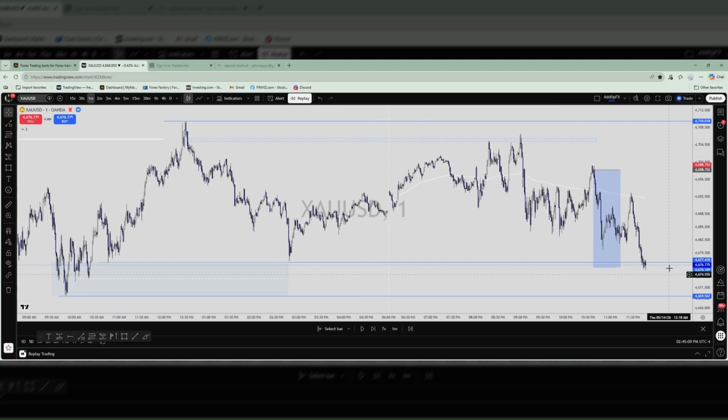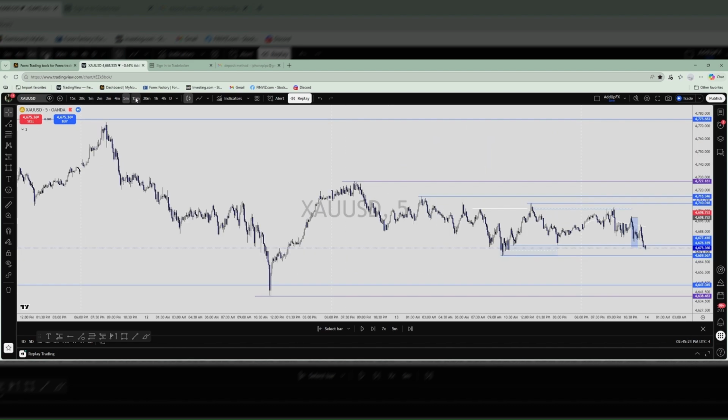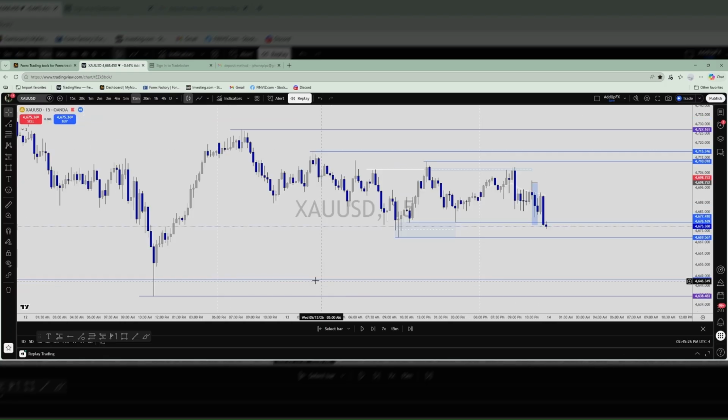And then it did end up taking all of this, which is wicks on the higher time frame. Let me go to the 15 real quick. I don't gotta play it out. So it didn't play in these wicks that long. It actually took that bitch. See? Too fast. But it sniped it and then it started pushing up.